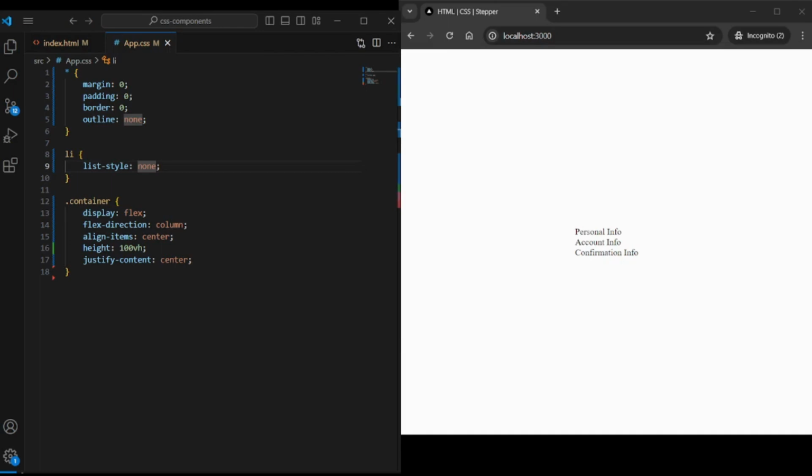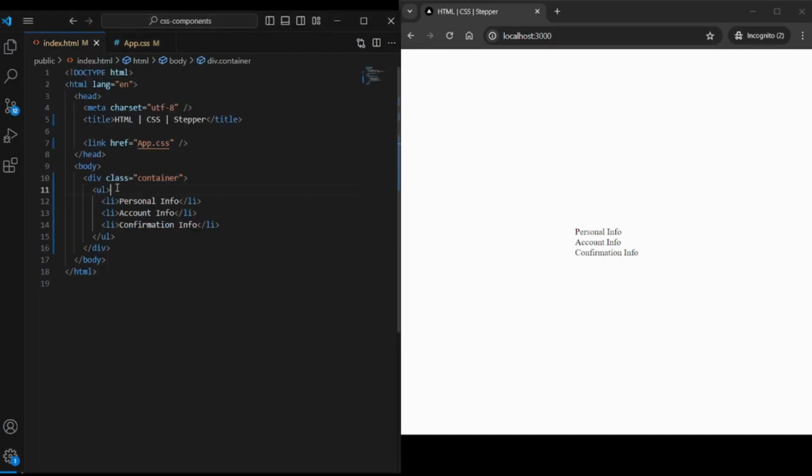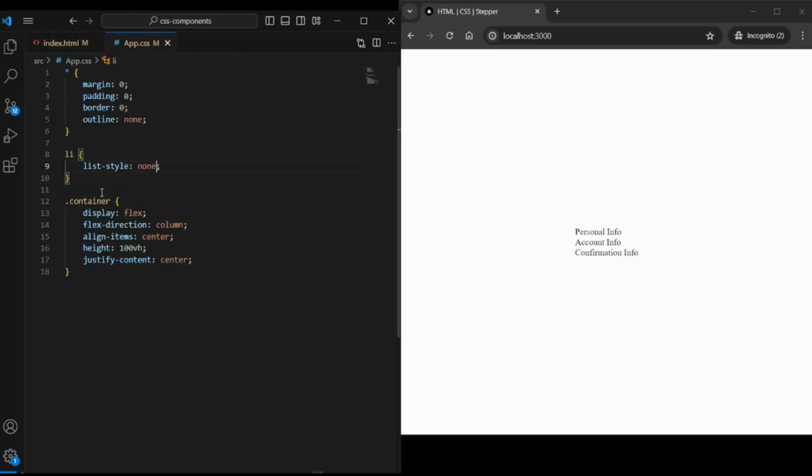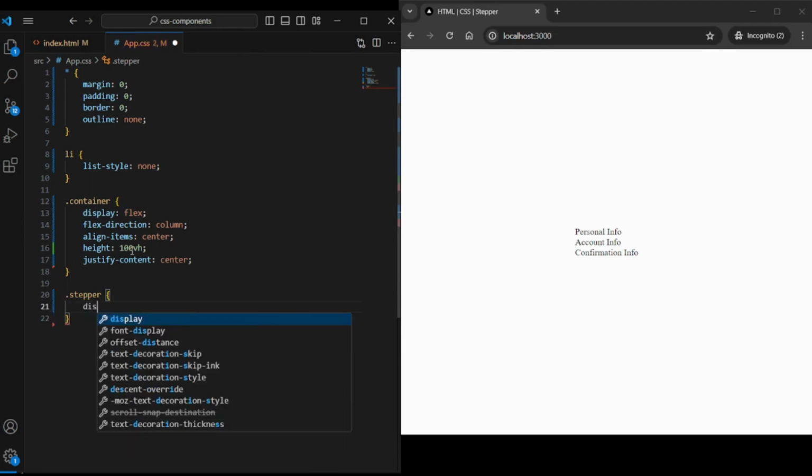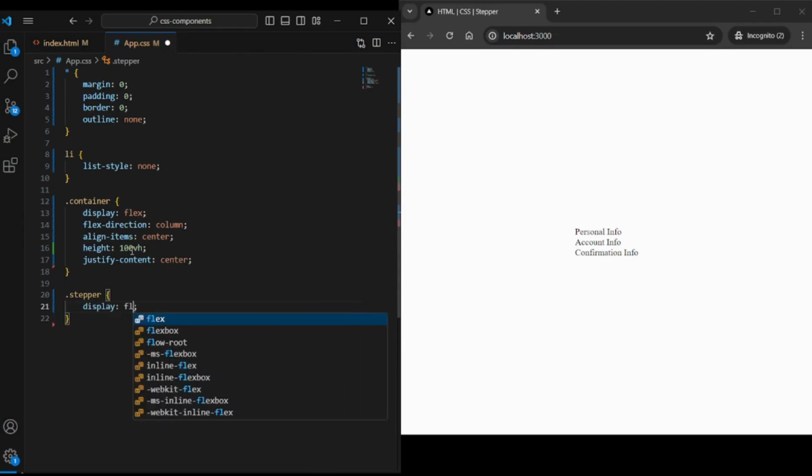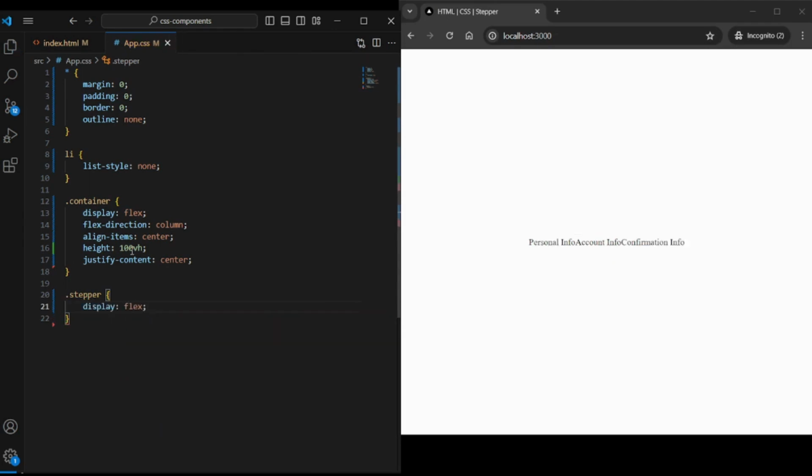We'll add a class name to the ordered list element to make the design. Go to the HTML file and add a class to the ordered list. I'm adding a class name stepper for the list element. Let's copy the class name and go to the CSS file and paste the stepper class and add the display flex. So the items got moved to a single line, right? Let's add the align items center,